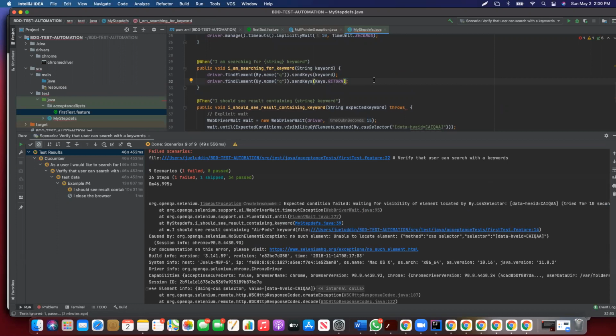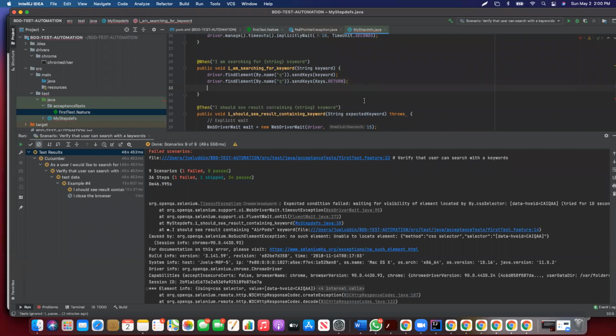Once it clicks return, we want to wait for page load. Maybe that's better, don't you think? And we can probably do some sort of page load. But that's already taken care of by the